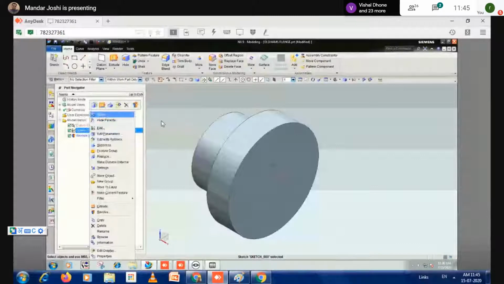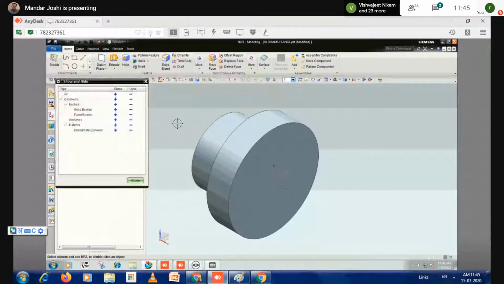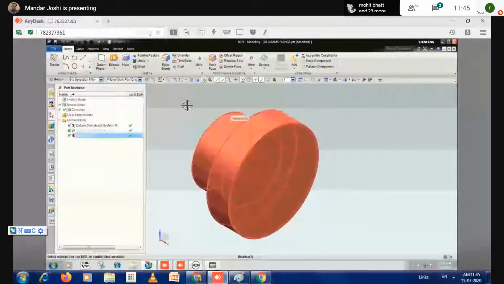You can directly press Control W, and at a time you can hide all sketches using these buttons, or you can turn on all sketches using the plus buttons. Understood this? So this is for what?